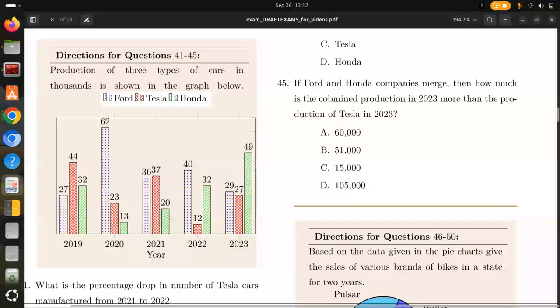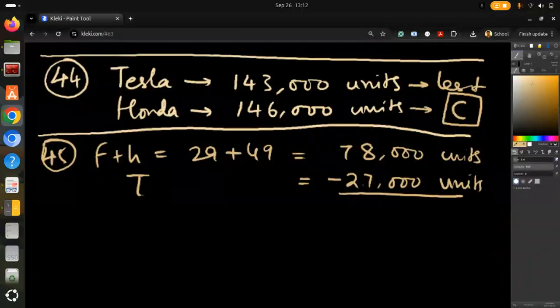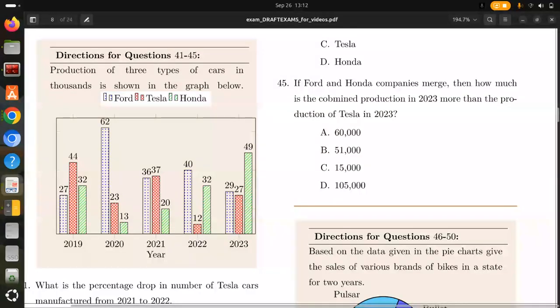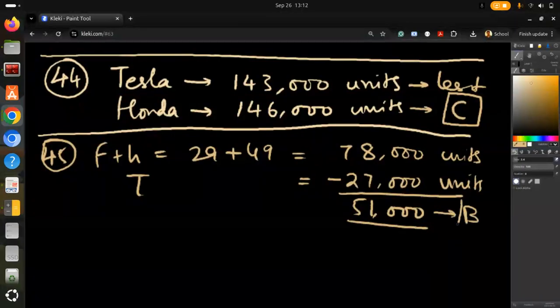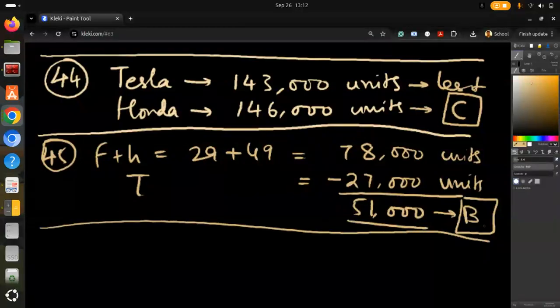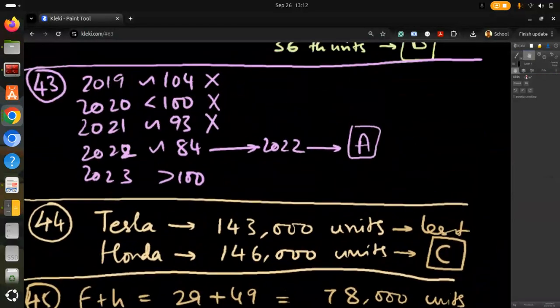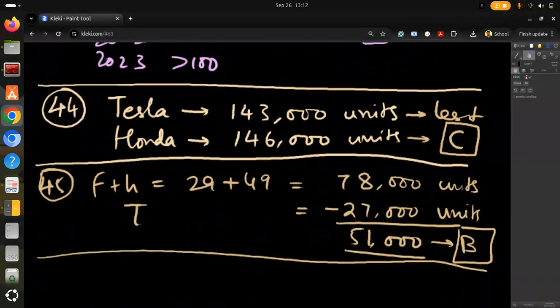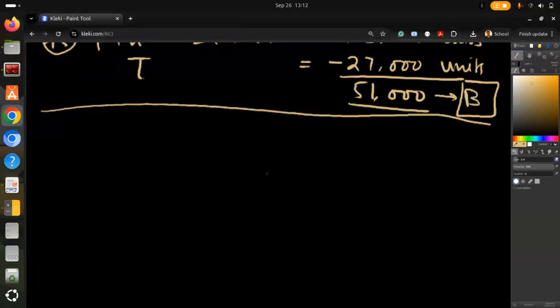And the question is combined production more than the production of Tesla. So that means I need to subtract this. So here 1 will come and then 51,000 is the answer. So 51,000 matches with option B. So option B is my answer. So finally, to summarize, what are the choices that I got? D, B, A, C, B. These are the answers: D, B, A, C, B for questions